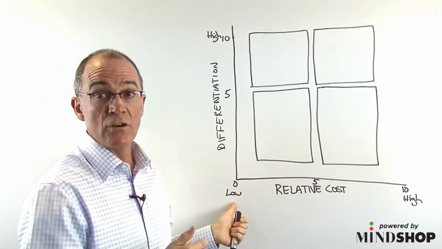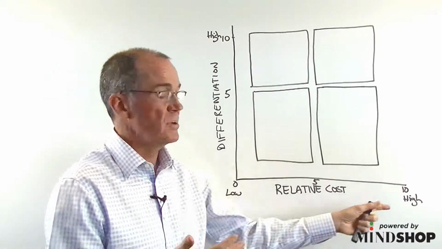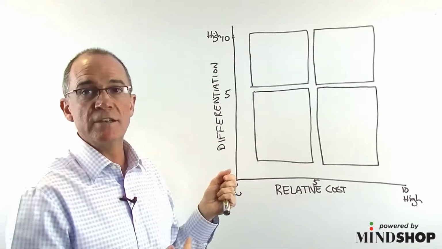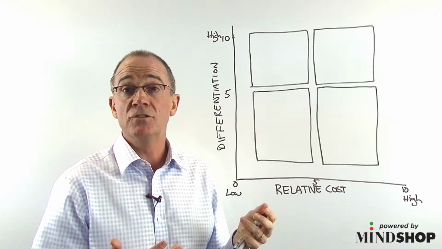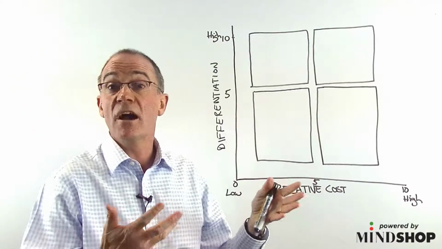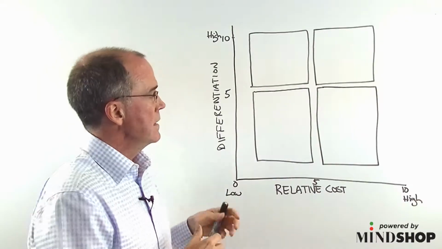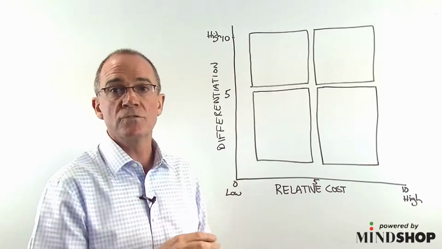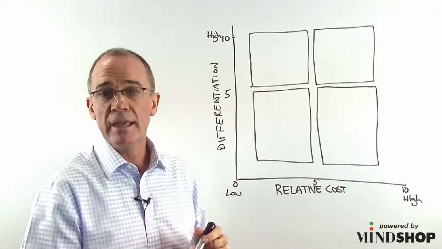From low relative costs, i.e. it's relatively good value, to high relative costs. The other dimension is on differentiation. How differentiated is your offering in the market, from low differentiation all the way up to really highly differentiated? So if you think about your business or your product or service or your client's products and services in this parameter, if your